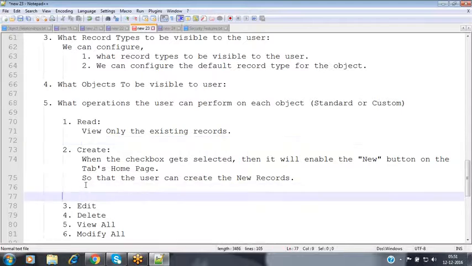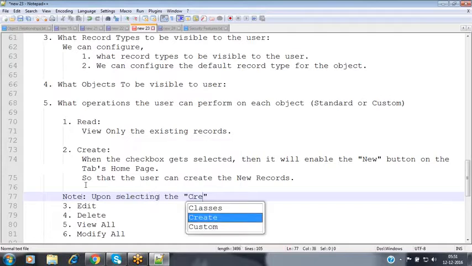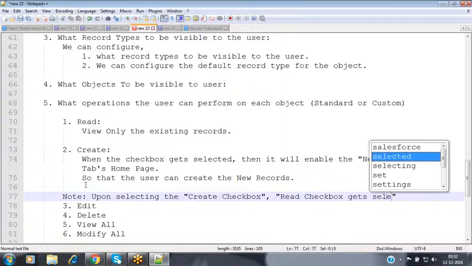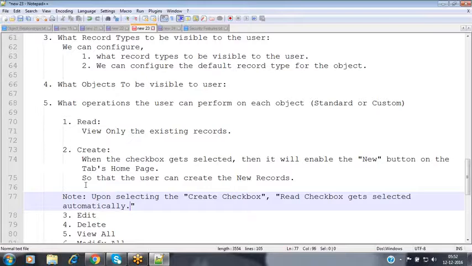Now, one more option here. Upon selecting the create checkbox, the read checkbox gets selected automatically.